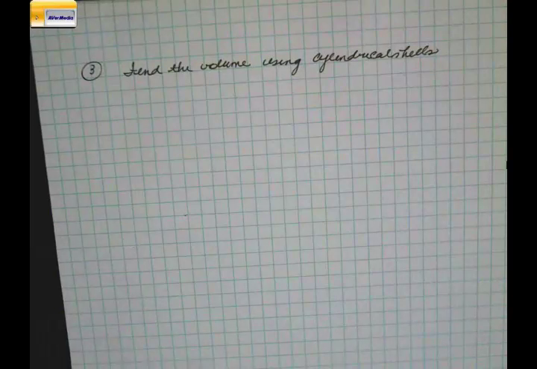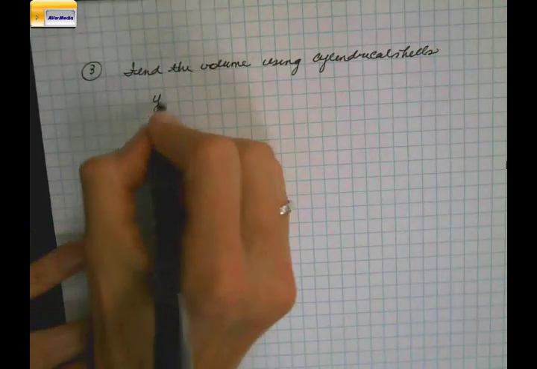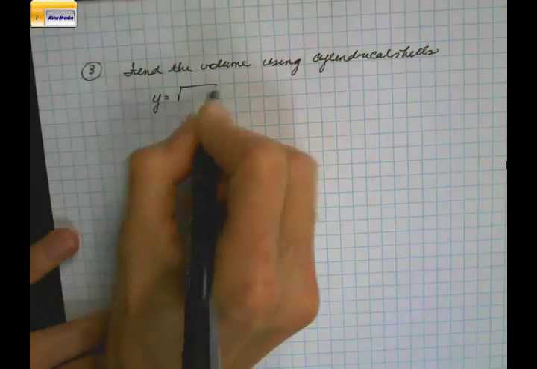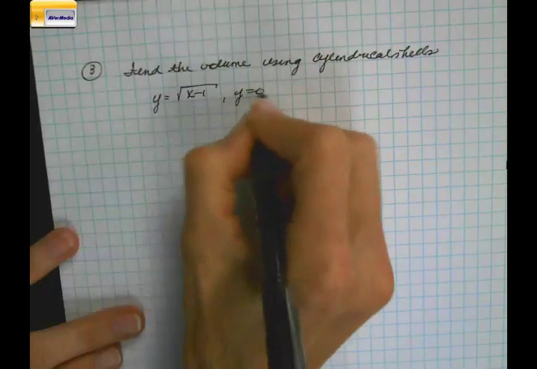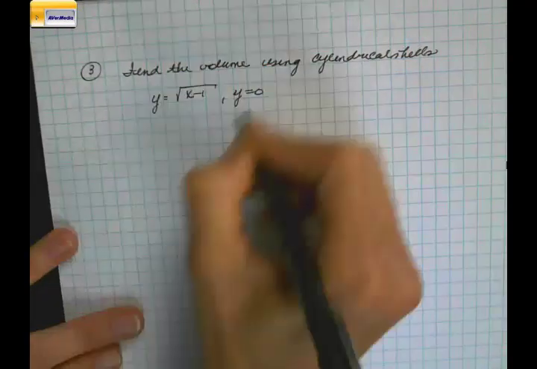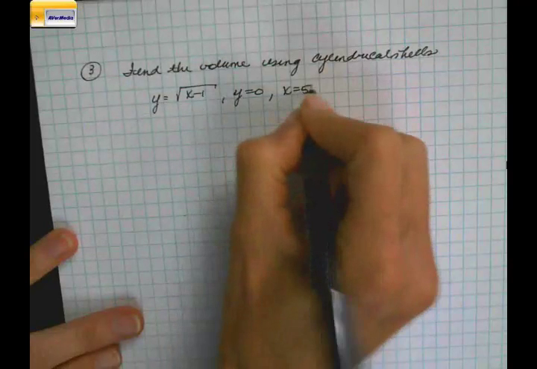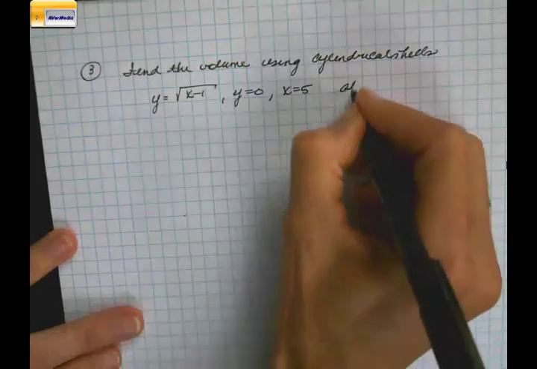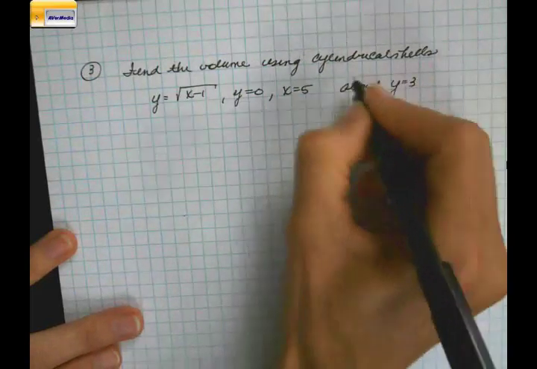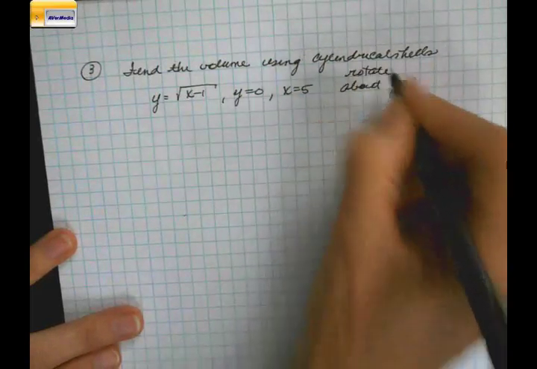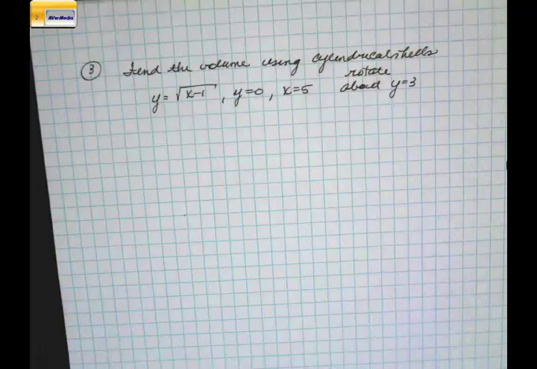They're all asking the same kind of question, but the wording is a little bit different. And they have your curve is y equaling the square root of x minus 1, y equaling 0, x equaling 5, and they say about y equaling 3, which means rotate about the horizontal axis